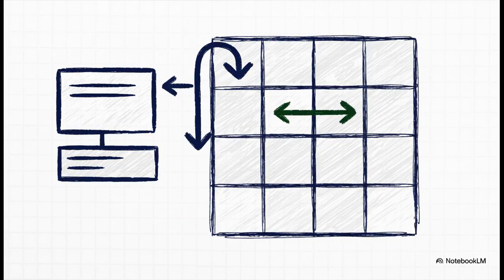So, if we used one loop to fill our one-dimensional vector, how do we fill a two-dimensional grid? Well, you guessed it. We need two loops, one nested inside the other. We use an outer loop to go through the rows one by one, and for each row, we use an inner loop to go through all the columns in that row.